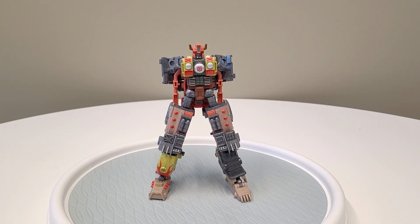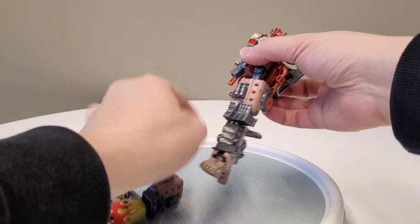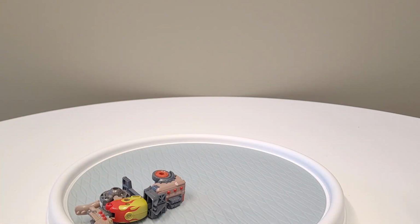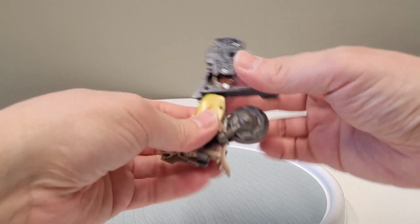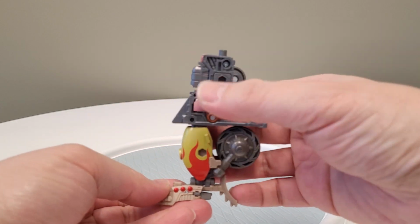Anyway, I'm gonna start taking this guy apart, okay? And per usual, we focus on the easy bits first, and then we work our way up to the more difficult parts, and then eventually we put them all together. Well, sometimes we don't. So this part's pretty straightforward. You got one,